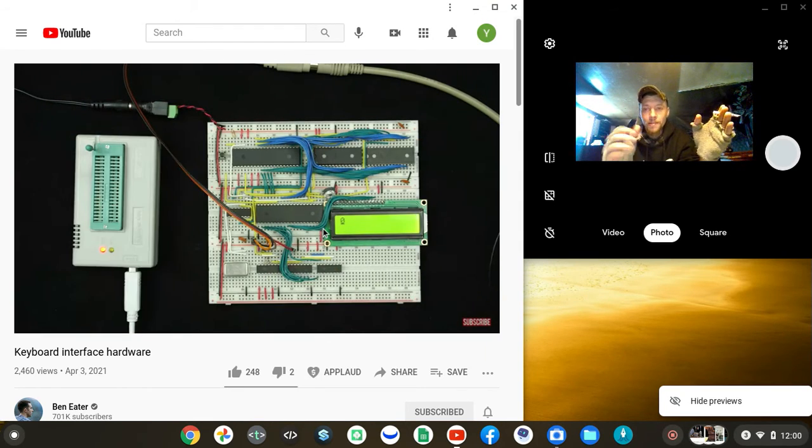Reset everything. And so the counter is 0 because that's what we initialize it to. But if we press a key,